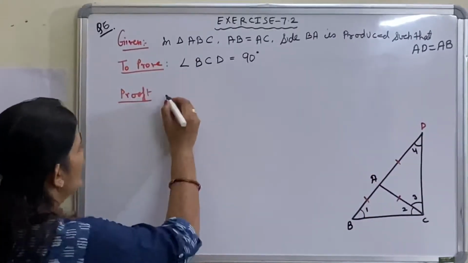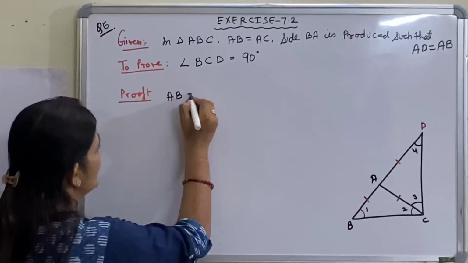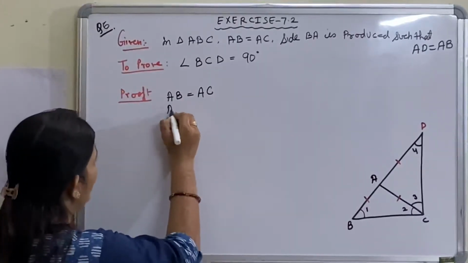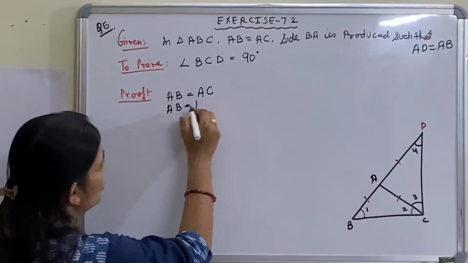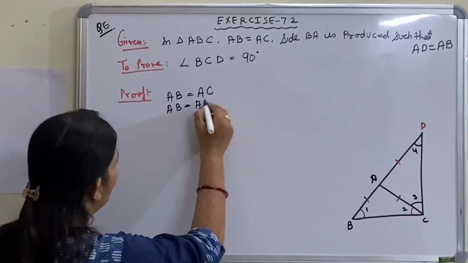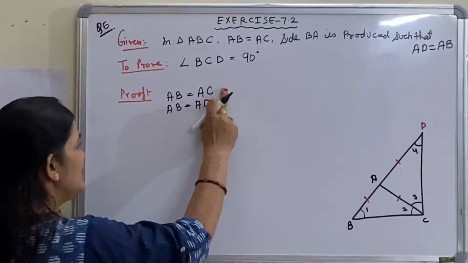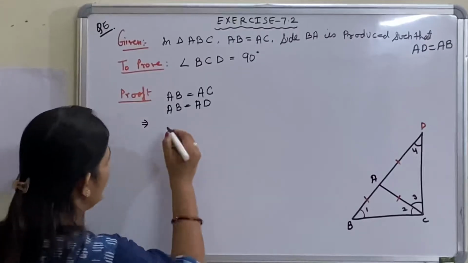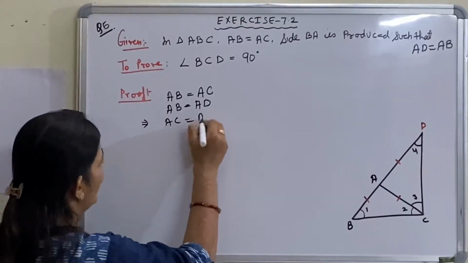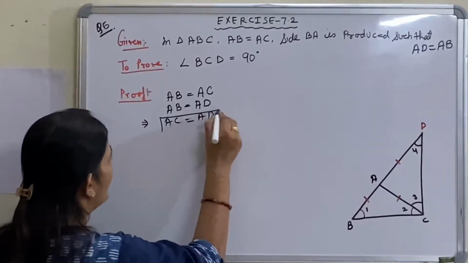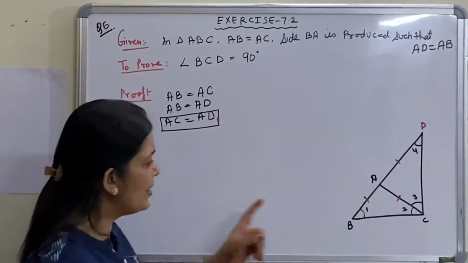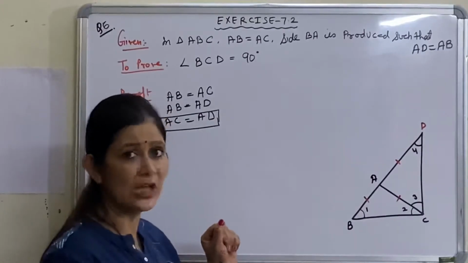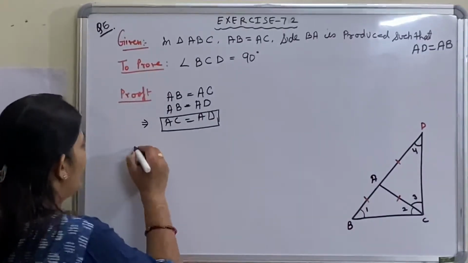So, what is given? AB is equal to AC and also AB is equal to AD. So, there implies AC is equal to AD. AC has become equal to AD. We have marked it here too. Now we have to use the isosceles property in triangle